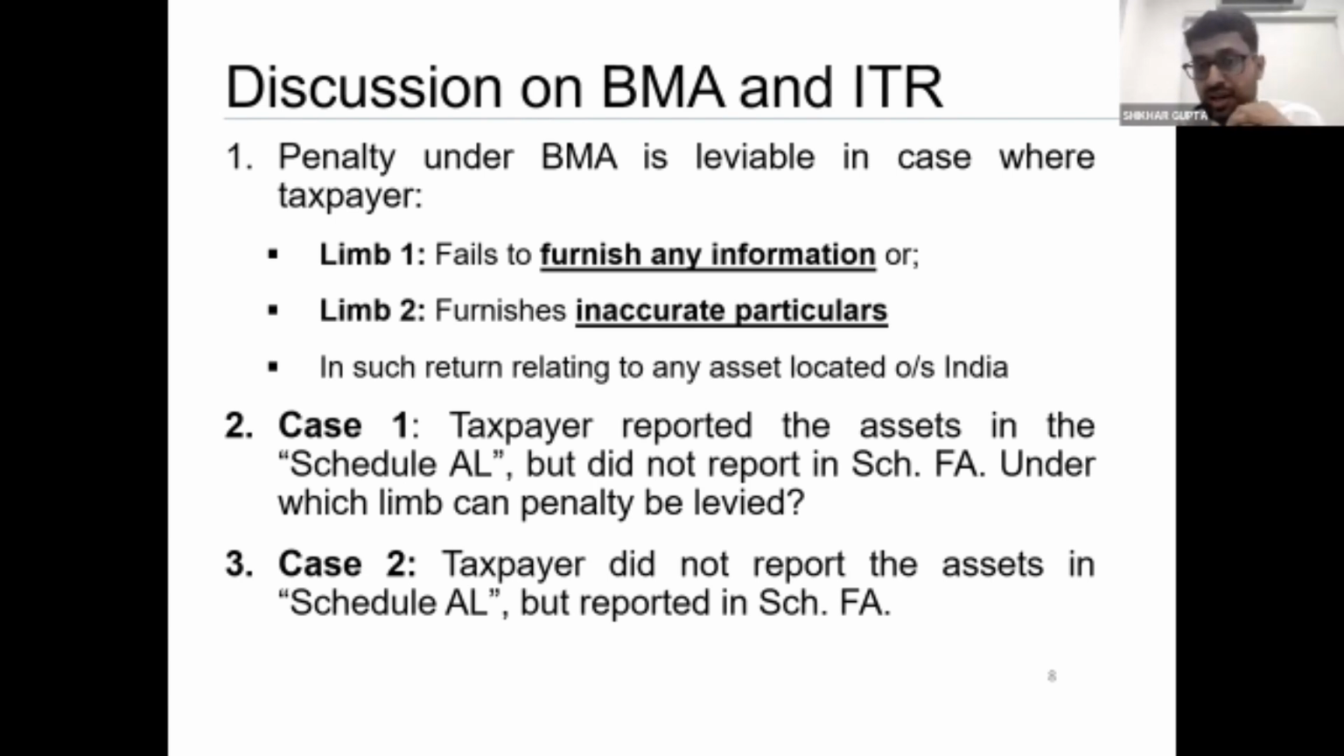The second case is that you did not report in Schedule AL but you reported in Schedule FA. So here the answer is pretty simple: what Section 43 of BMA requires is that you disclose the asset only. This schedule is made for disclosure, and if you have disclosed it, then reporting in Schedule AL is a secondary thing. But reporting in Schedule FA, Schedule AL becomes a part of your assessment, but Schedule FA is something which BMA directly handles, and that is why Section 43 of BMA's penalty cannot be levied, because